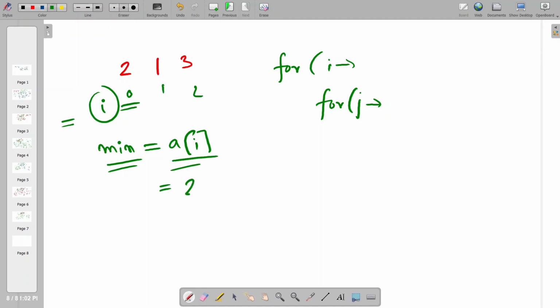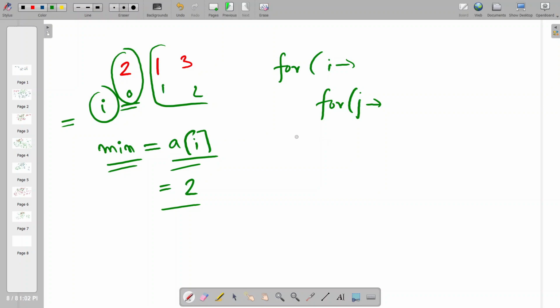Suppose 2 is the minimum. I don't know what the minimum can be, so in future I can replace it. But for now, since I have knowledge of only this element, I can keep minimum as 2. Now what I do is traverse the remaining array to find whether this is the minimum or whether there can be a future minimum value.